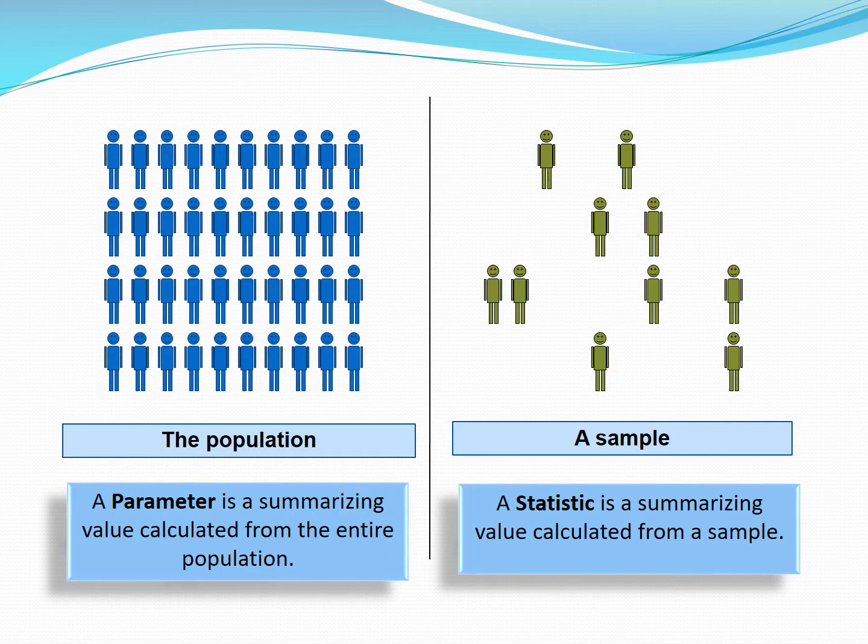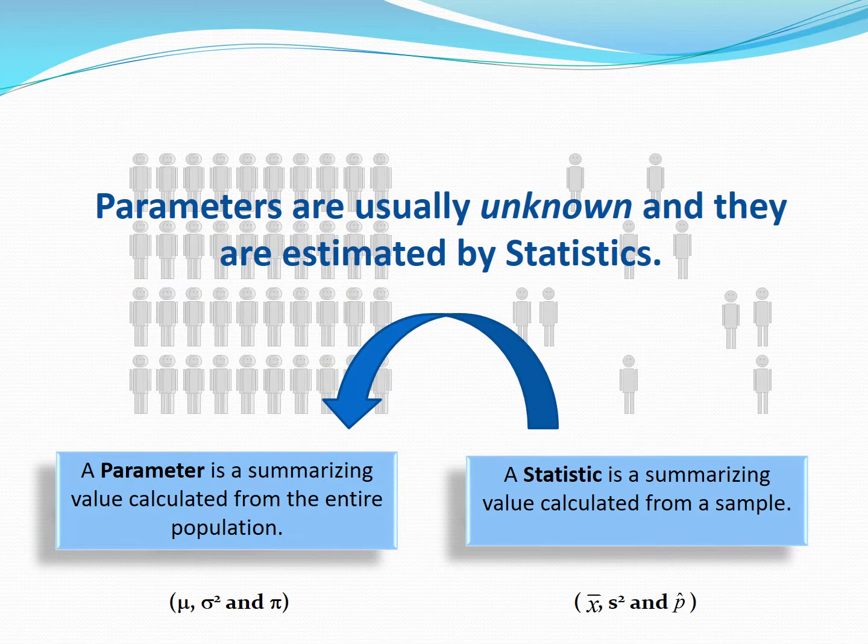And if we calculate that summarizing value for the sample only, we call that a statistic. But usually parameters are unknown, so they are estimated by statistics. So we can use the sample mean to estimate the population mean. We can use the sample variance to estimate the population variance, and we can use the sample proportion to estimate